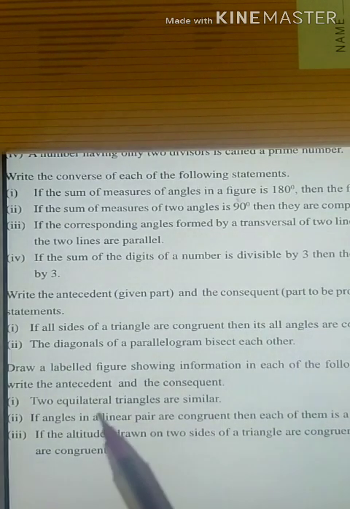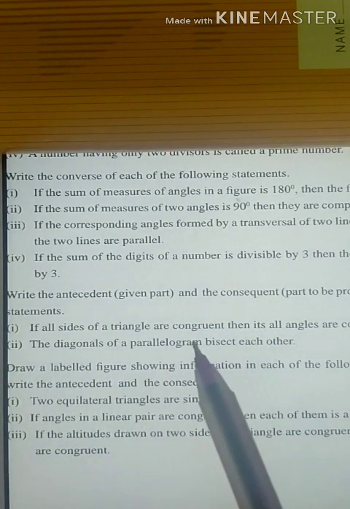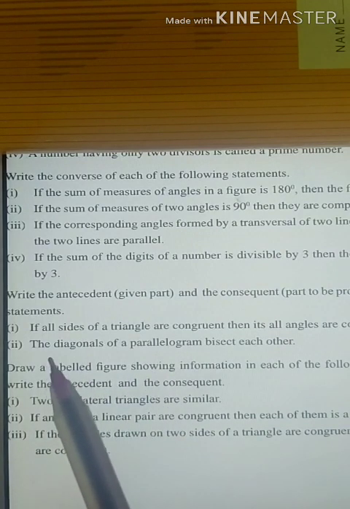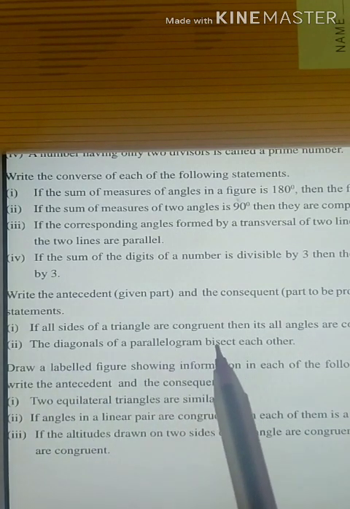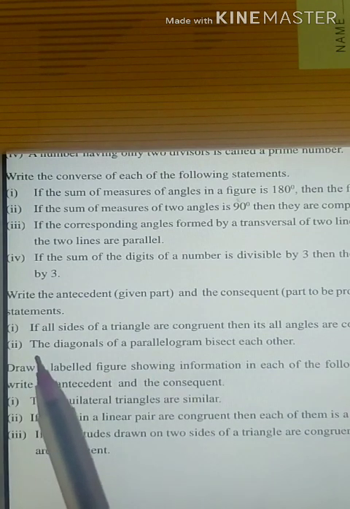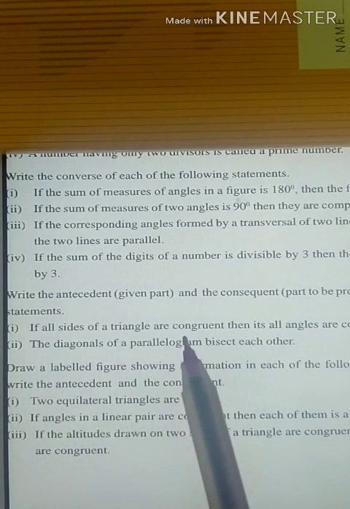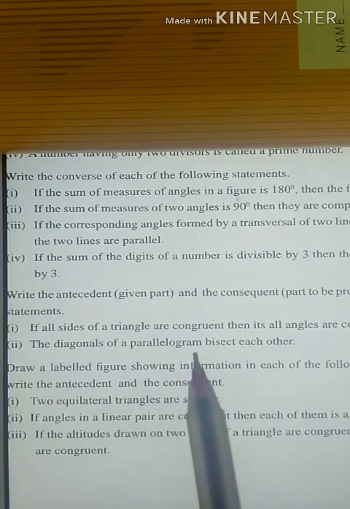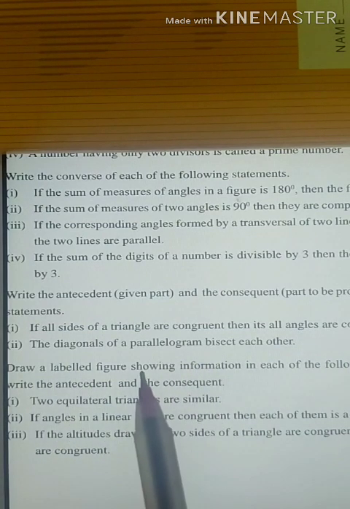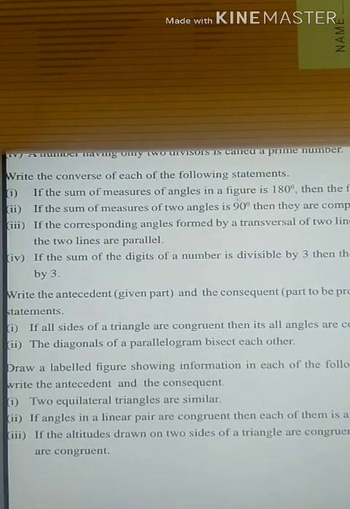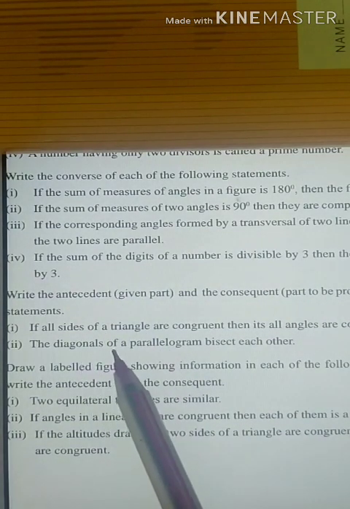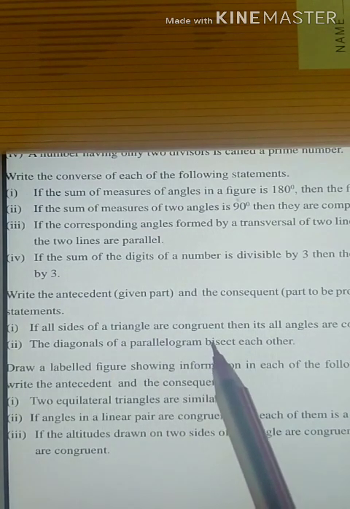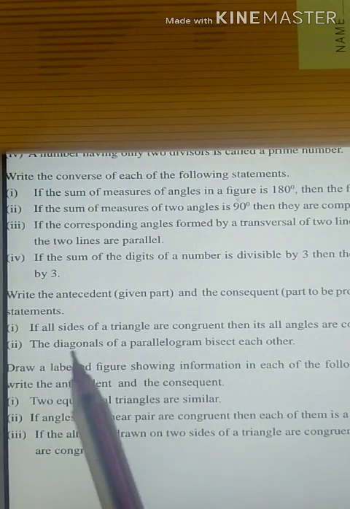Now here you have to frame it in your mind, if and then form. The diagonals of parallelogram bisect each other. If quadrilateral is a parallelogram, then the diagonals bisect each other. Right, Ankit? Then you write the antecedent and consequent. How will you write it in if and then form? If diagonals of a quadrilateral bisect each other, then it is a parallelogram.